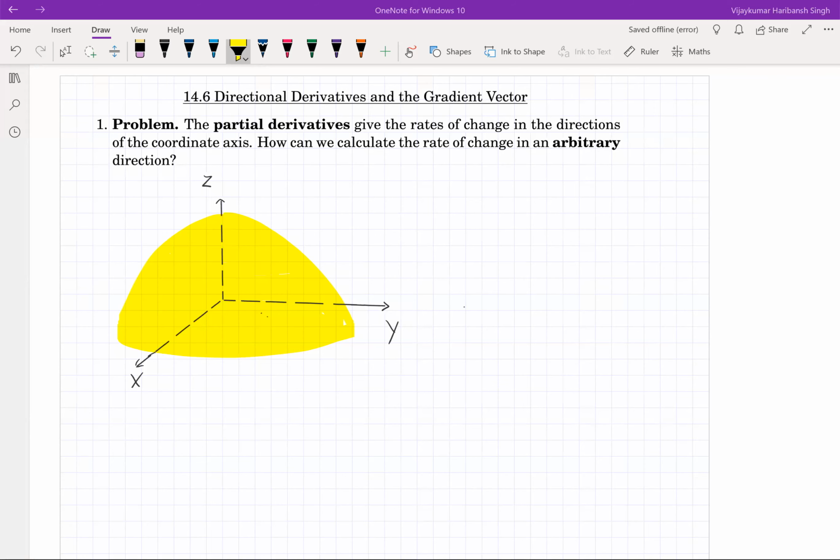So we want to discuss directional derivative and the gradient vector. Recall the partial derivative was basically the rate of change in the direction of the coordinate axis. Namely, the partial derivative with respect to x at a point (a, b)